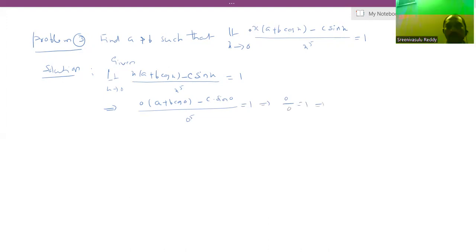In the left hand side, it appears 0 by 0. You take cross multiplication, we get 0 by 0. That means the given problem is a valid problem. But in the left hand side, it appears 0 by 0, indeterminate form. So we apply the L'Hospital rule. By applying L'Hospital rule,